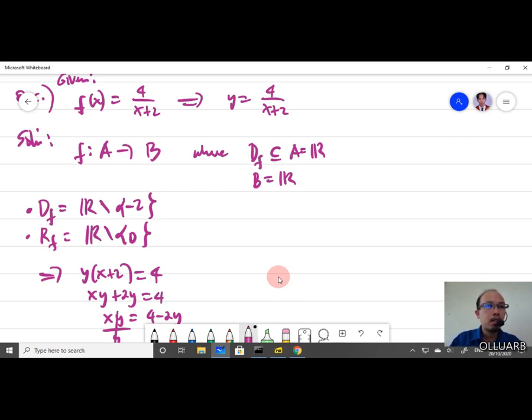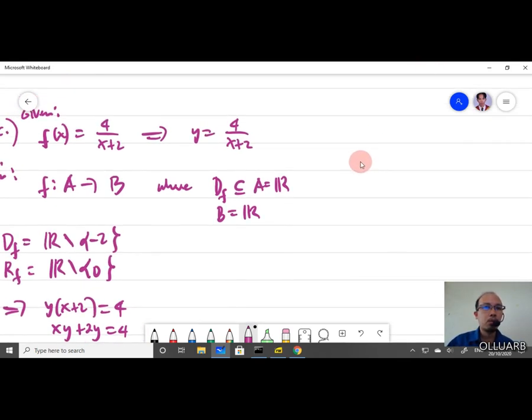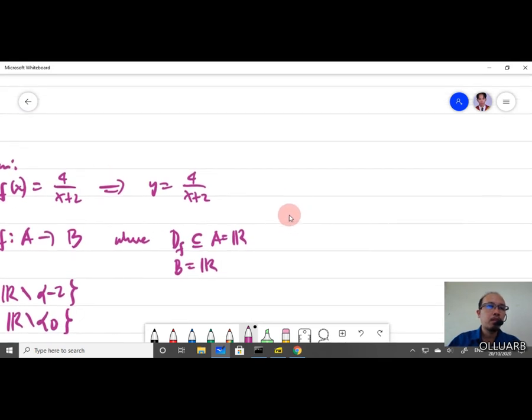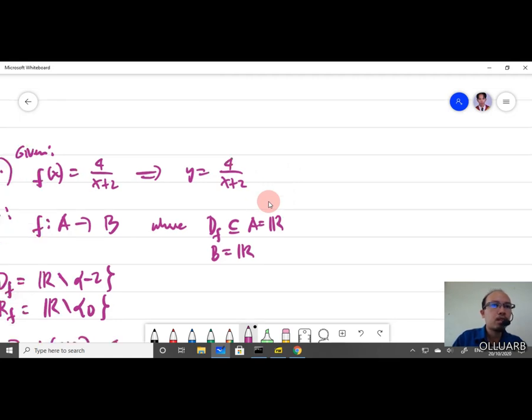But there are times that they force it to compute the inverse by assuming that the codomain and the range are equal. So meaning to say, if you force it to get the inverse of this equation,